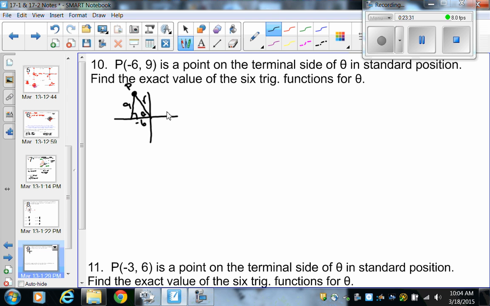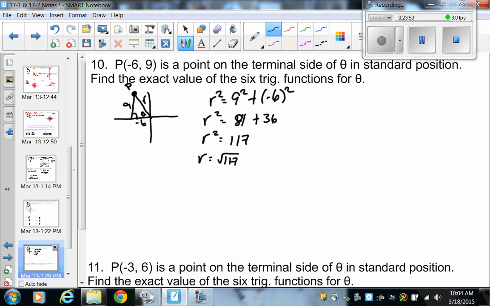So the first thing we need to do is find r. So r squared equals 9 squared plus negative 6 squared. r squared equals 81 plus 36. So r squared equals 117. So r is the square root of 117. So then if I go back and label this,